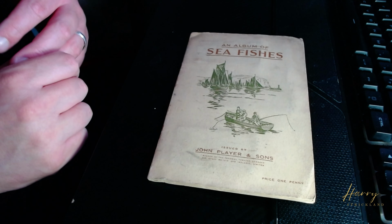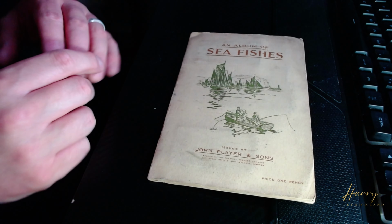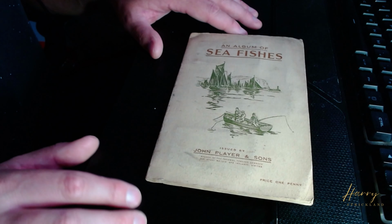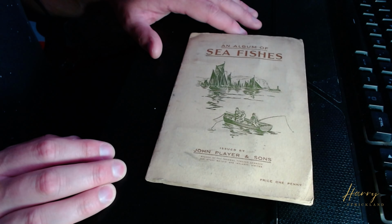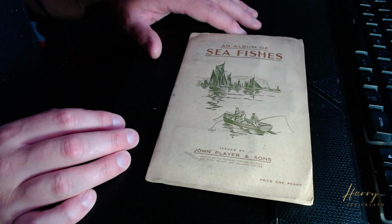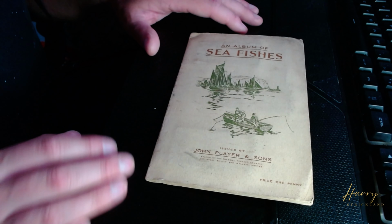But this, for me, is it because it's about fishing, and I love fishing. So it does say priced at 1 penny. I can assure you, I didn't pay a penny for it. I won't say how much, but it definitely wasn't a penny. And there is wear and tear on this book, as you can see